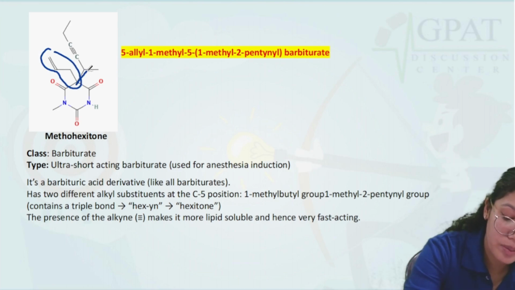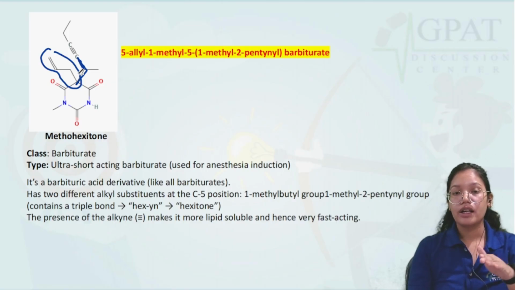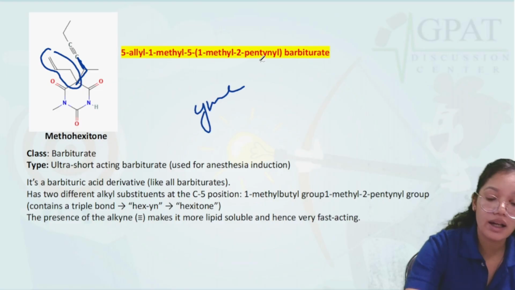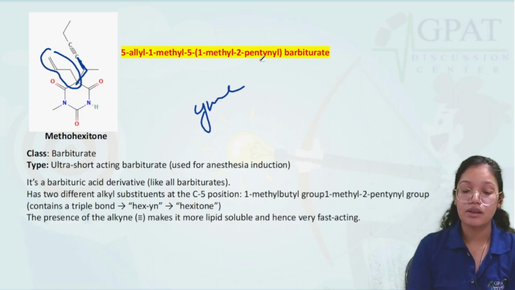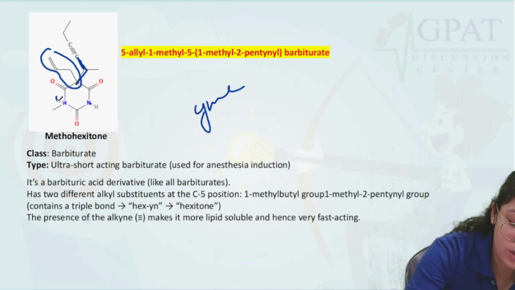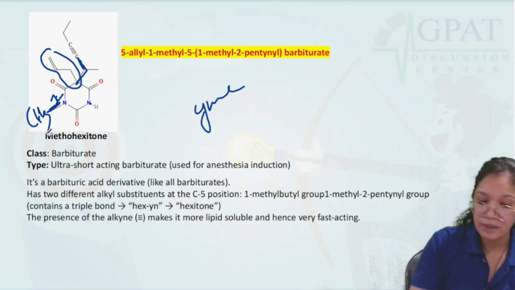And at the fifth position another carbon chain is present, and it is a type of alkyne, as it has a triple bond. That is methohexitone. And at the first position, we have a methyl group attached. So this is the structure of